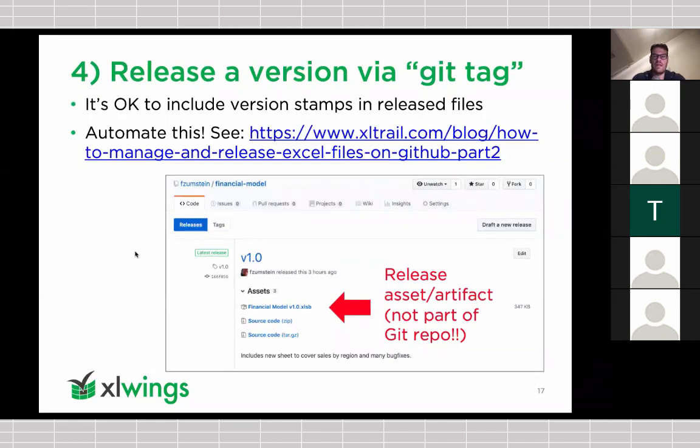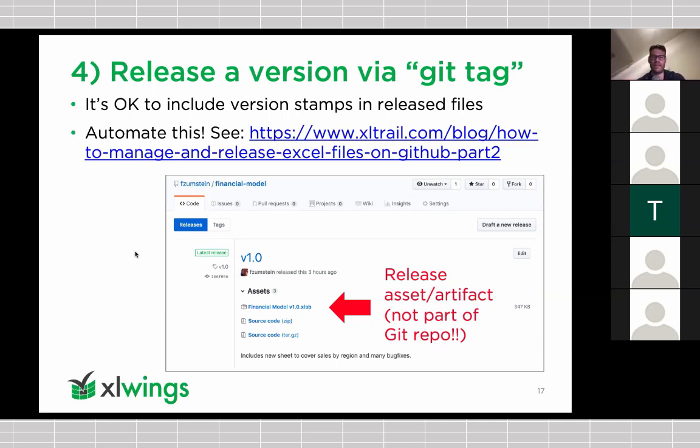And then finally here, this is how I would suggest you release an Excel file. So when you do release an Excel file, you may actually have the need to still tag the file name directly with a version number. And that's a completely fair point to make if you want to send around the Excel file, or you want to drop it on your shared drive, for example, then that is an absolutely good idea. But the important part here is that you will not do it directly on your Git repository, but you will actually use the